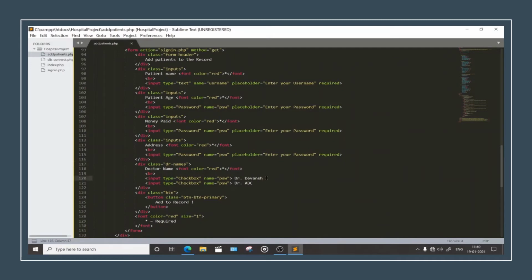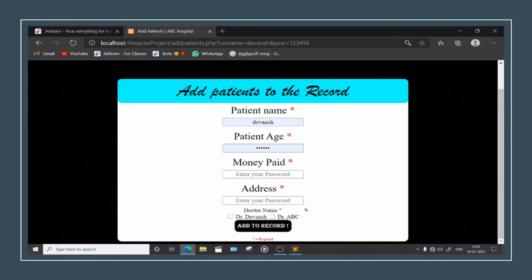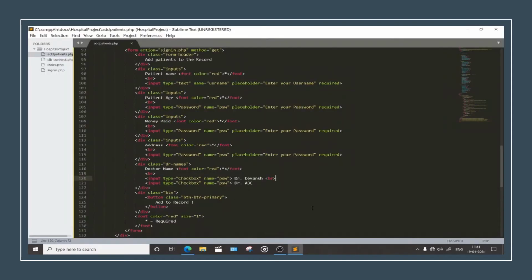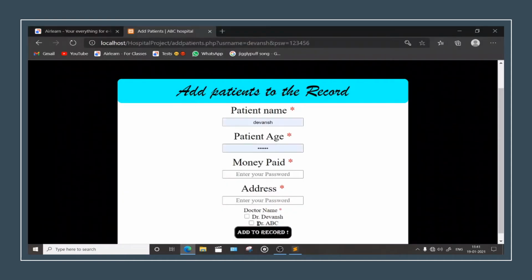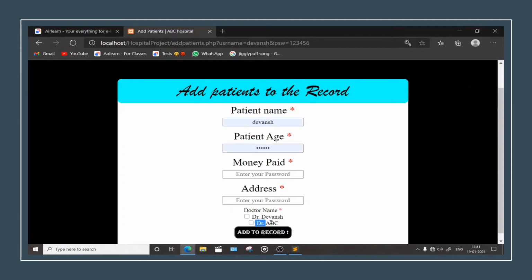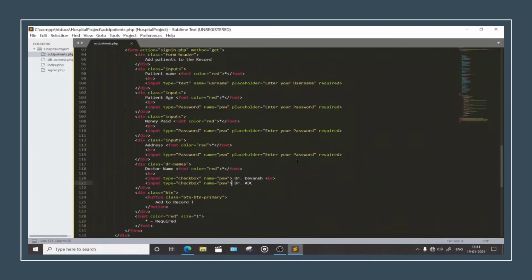If you want a line input, you can just do it like this. Now this is done. Let's add some spaces if possible. Not an issue, we will be adding spaces, don't worry, we will do all the things.